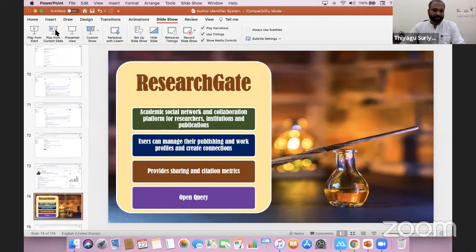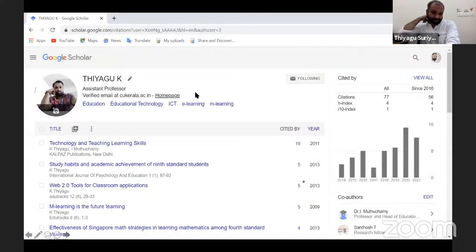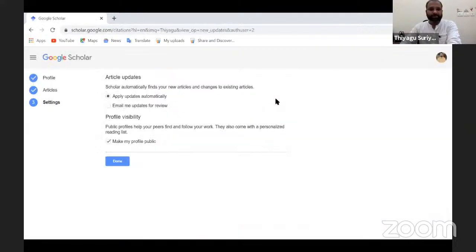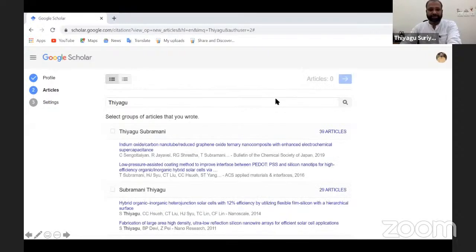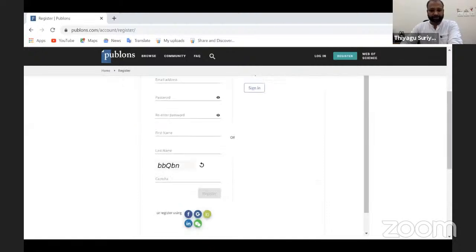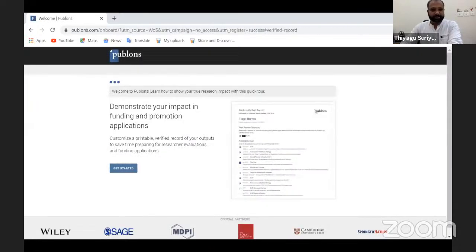Right now, I'm moving to the next tool because some people are asking about it. We have only a few minutes remaining. Therefore, what I'm going to do is tell you the way to create an account for each profile. After that, I'll do only a few demonstrations of the other tools. Now I'm going to